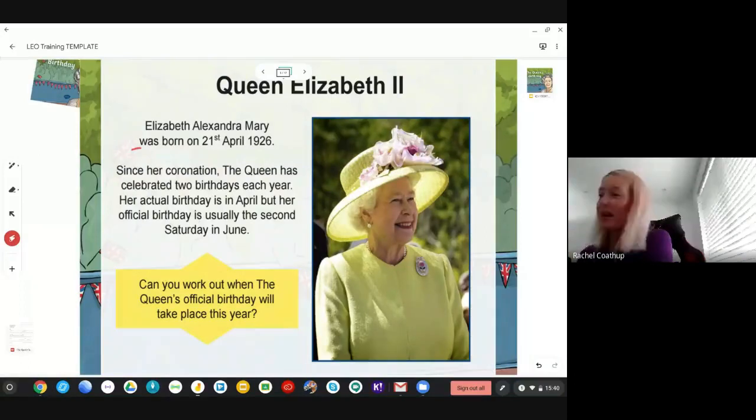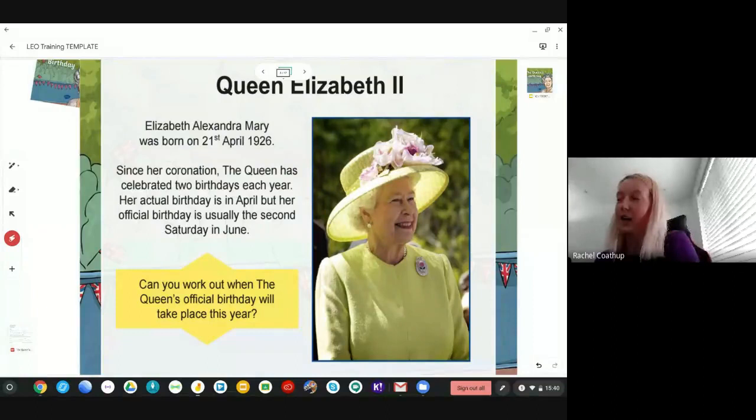And I can go through, she was born on the 21st of April, 1926. So for my younger students, I'm able to actually go on and use that laser pointer to highlight as I read through it, but also to point out any key information. I might say, do you know what this is? Why might you be wearing one of those? What's significant? Why is she Queen Elizabeth II? So I can start to use that laser pointer in a nice way to be able to highlight any key